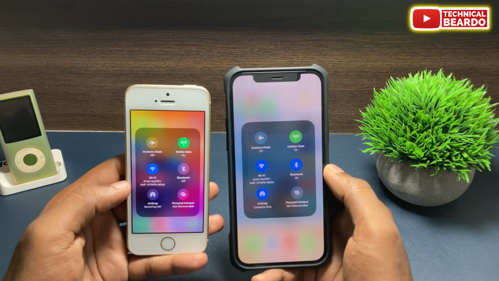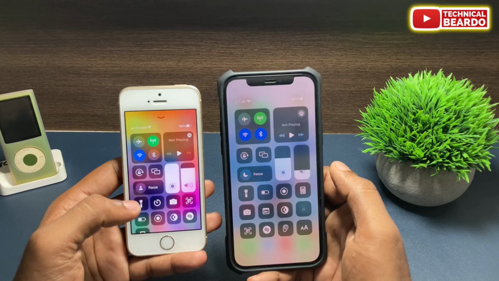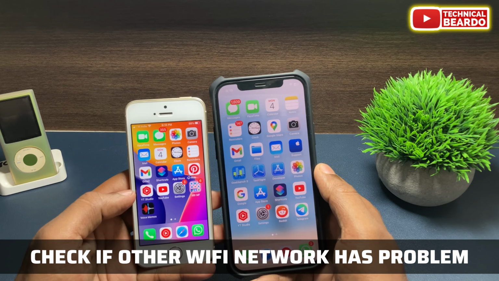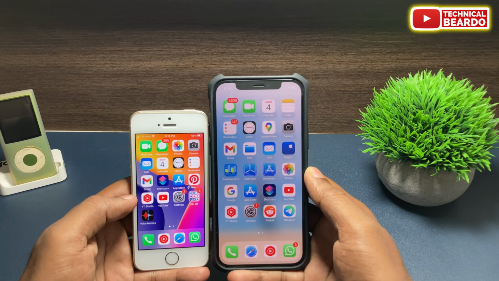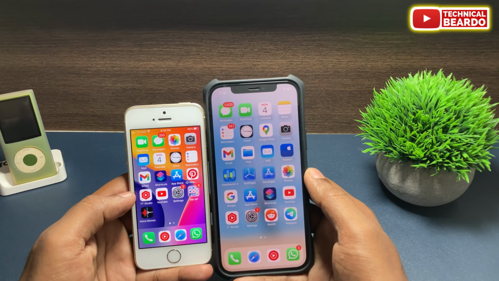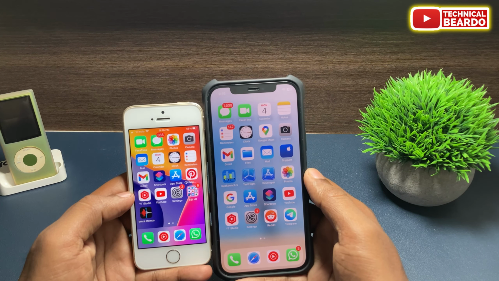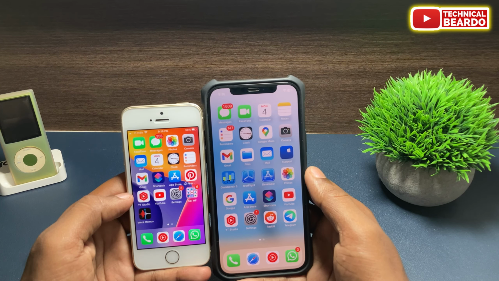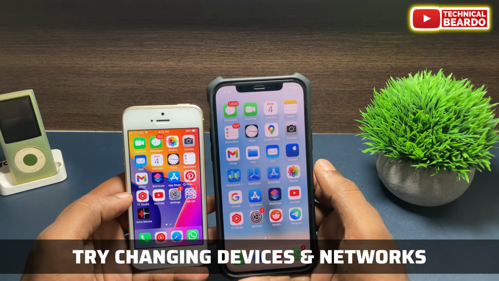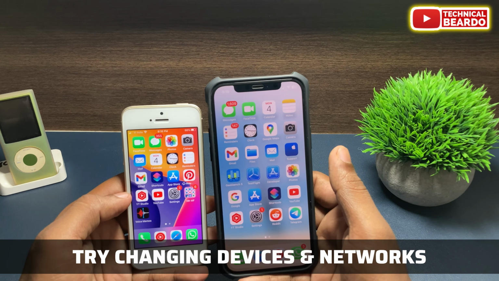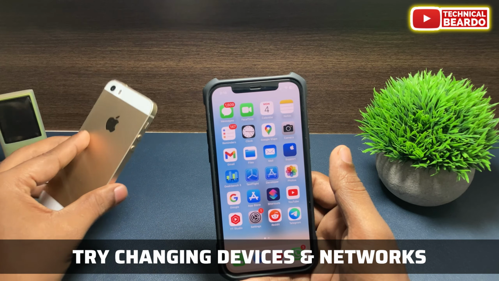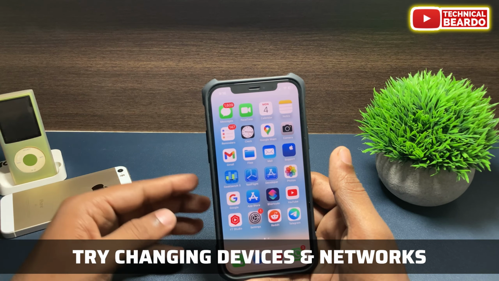If that Wi-Fi network works perfectly fine, then there is an issue with your Wi-Fi network, and we'll try to fix that as well. This step is to make sure whether the issue is with your iPhone or your Wi-Fi device, because unless it is clear where the issue is, we can't find a solution.